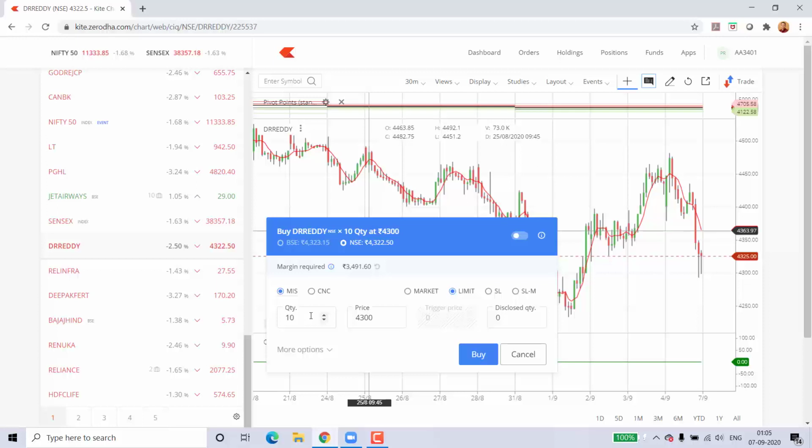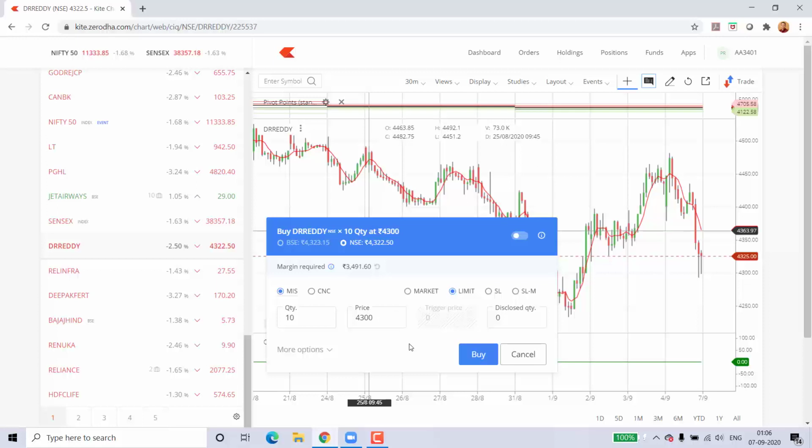So this is how, if you take the MIS orders, you can take benefit of extra leverage, where instead of 43,000 rupees, I'm assuming that given the margin, you are taking a trade only for 10,000. And if you make a profit of 1,000 rupees, the return on investment works out to almost 10% in one single day. So this is how, friends, you can take an intraday trade.